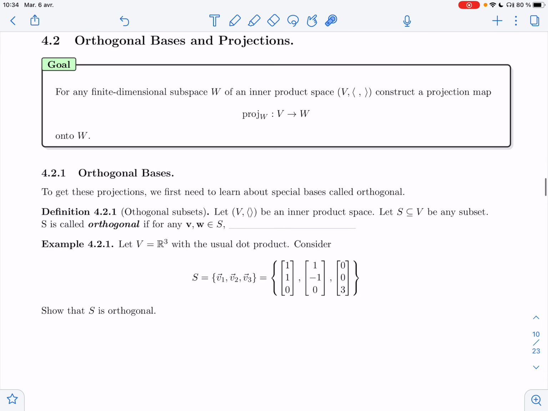To do that, we need first to construct special bases. Those are going to be called orthogonal bases. To get these projections, we first need to learn about special bases called orthogonal. Let V be an inner product space. Let S inside V be any subset. S is called orthogonal if for any v and w in S, well, they're orthogonal, so v is perpendicular to w. We'll write it as the inner product of v and w is 0, but really